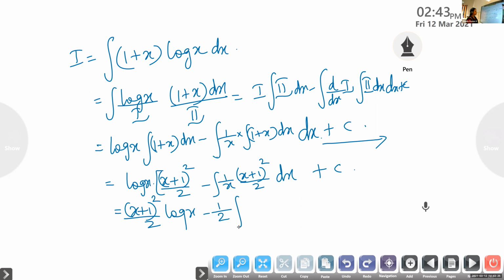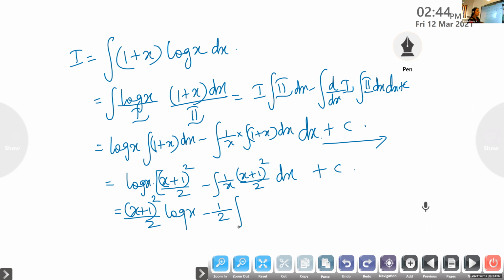Then, what did you do in the next step, Karthik? Ma'am, I stopped till here. Should we use ILATE? Check whether it is needed. If we are able to make it a single function, we can use the simple direct formula method. Here, for 1 plus x, we use the identity x plus 1 the whole square by 2. Aishwarya, what is the integration of 1 plus x you did? I did it separately, like 1 dx plus x dx.